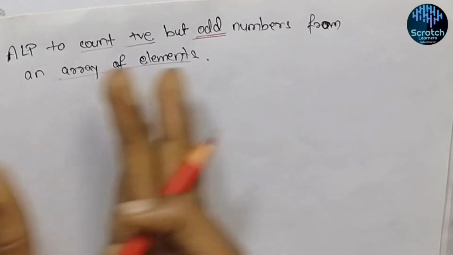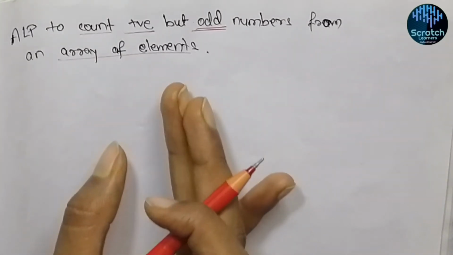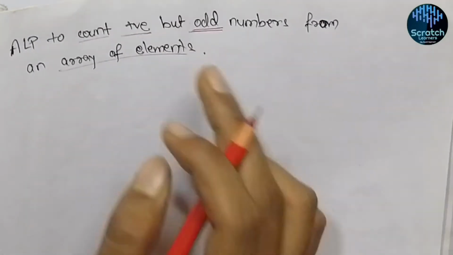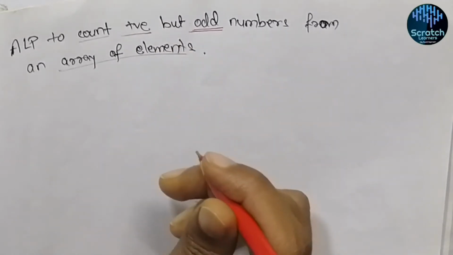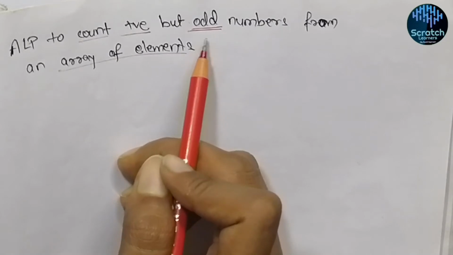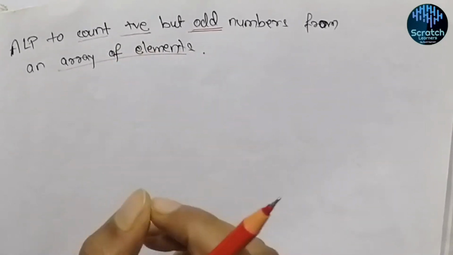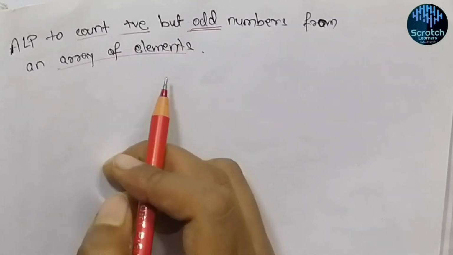They were two different programs, either to count the positive or negative numbers from the array, or to count the odd or even numbers from the array. You can check out my video on both of these topics; you can get the link from the I button. But this program is a combination of both of those programs, as here we need to count only those elements of the array which are positive and odd.